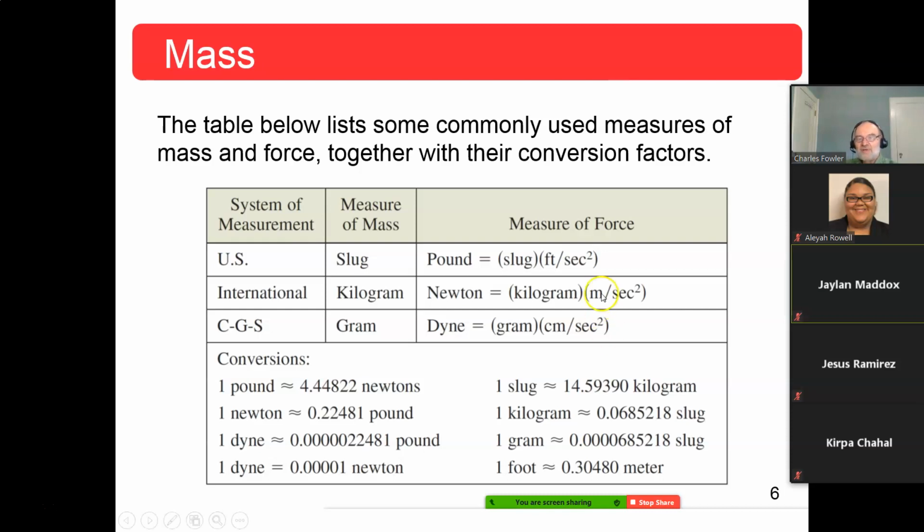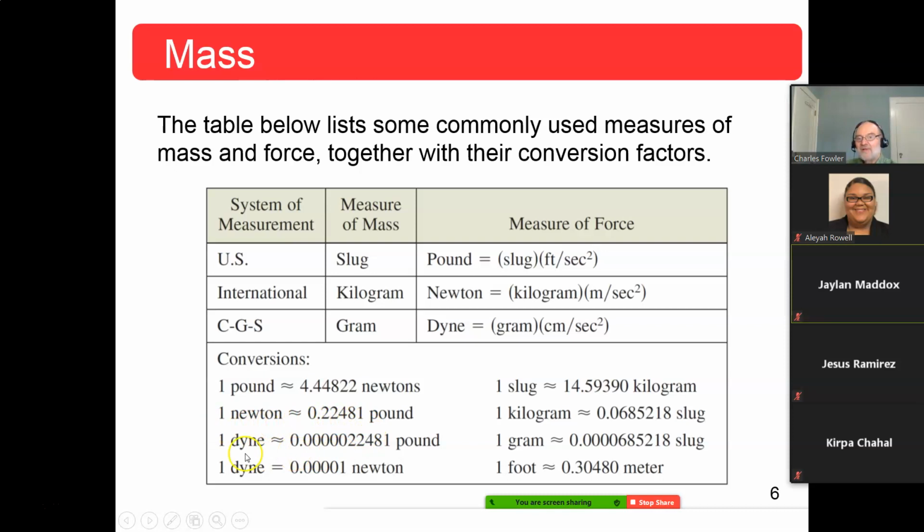The conversions here, pounds are equivalent to newtons. And this is the conversion. 1 pound is way heavier than a newton. It takes almost 4.5 newtons to make 1 pound, 4.44822 newtons to make a pound, or just barely more than a fifth of a pound, between a fifth and a quarter of a pound, makes a newton,